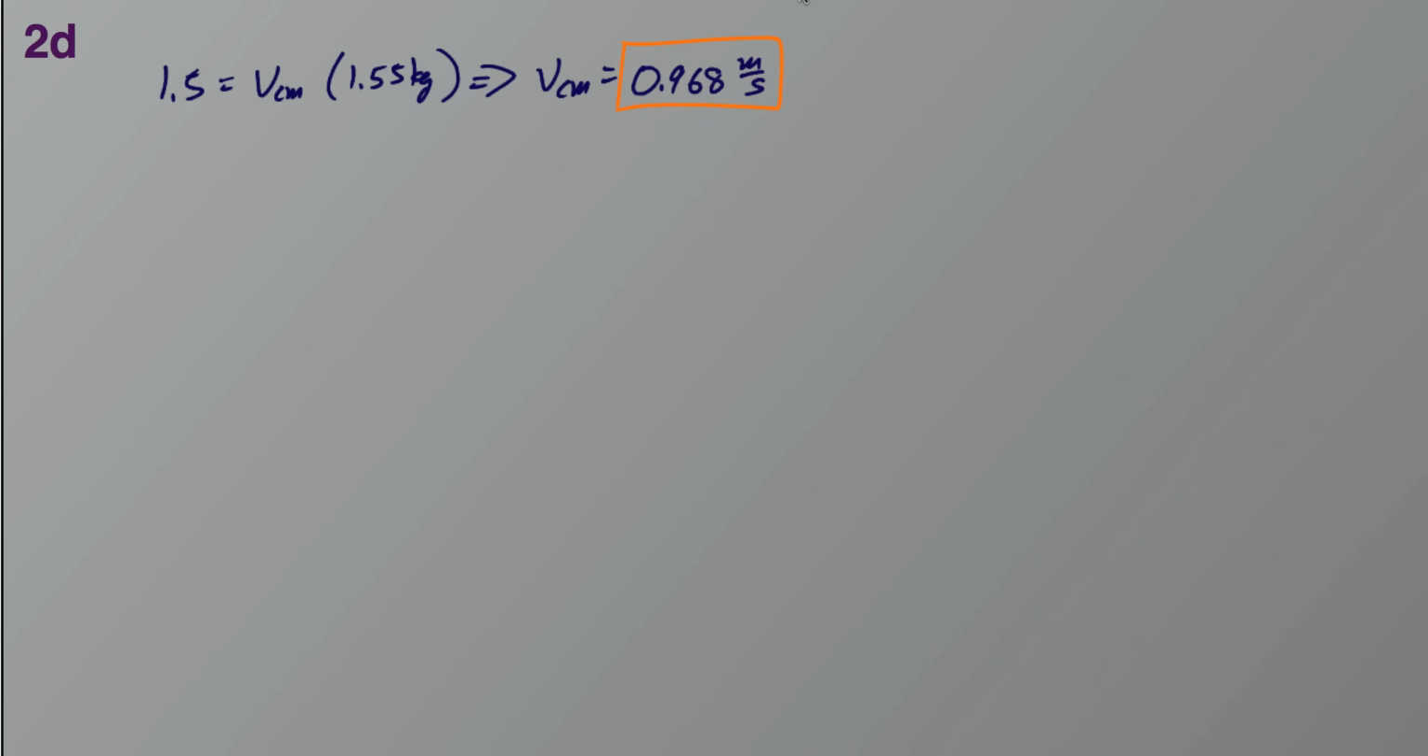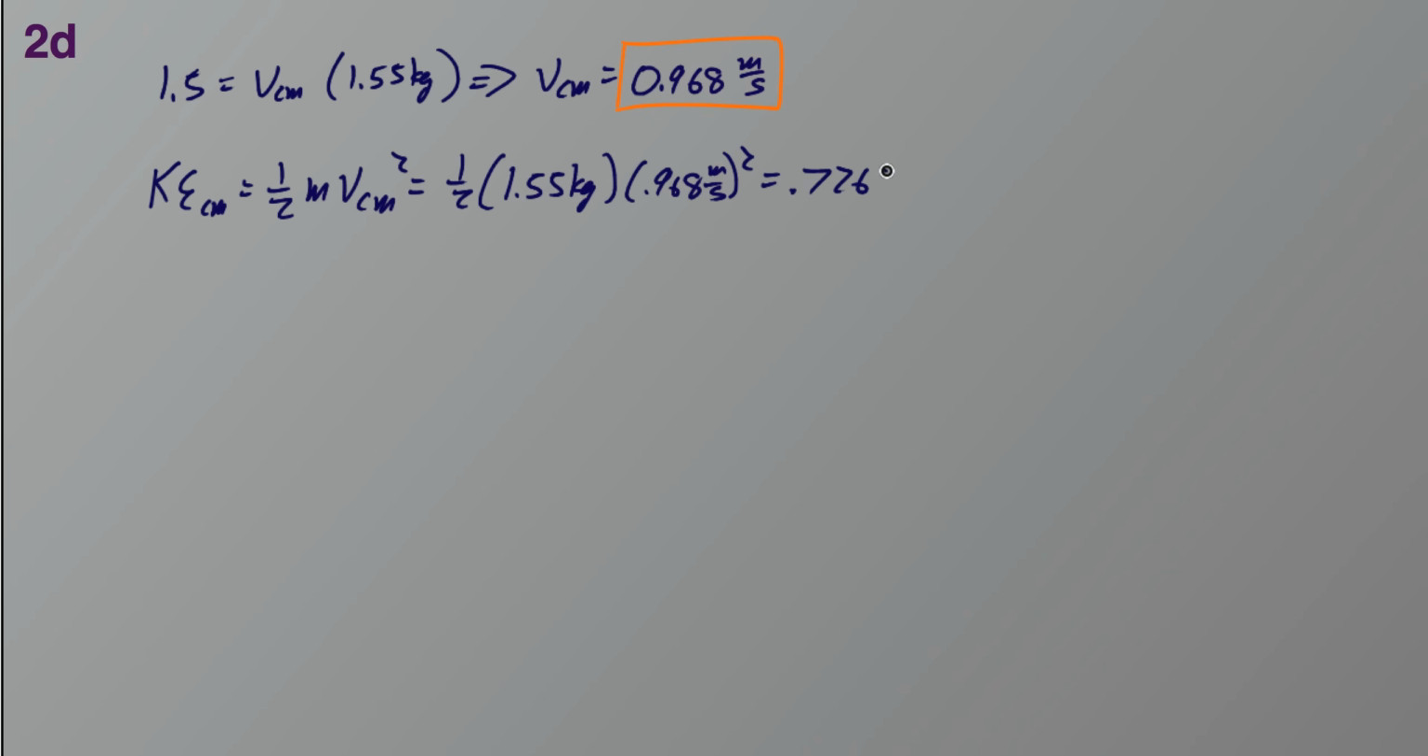All right, and D2, find the maximum elastic potential energy stored in the spring. The way I do that is from a conservation of energy perspective. The kinetic energy of the center of mass of our system is 1/2 times our mass times the velocity of our center of mass squared, which is 1/2 times 1.55 kilograms times 0.968 meters per second squared, or about 0.726